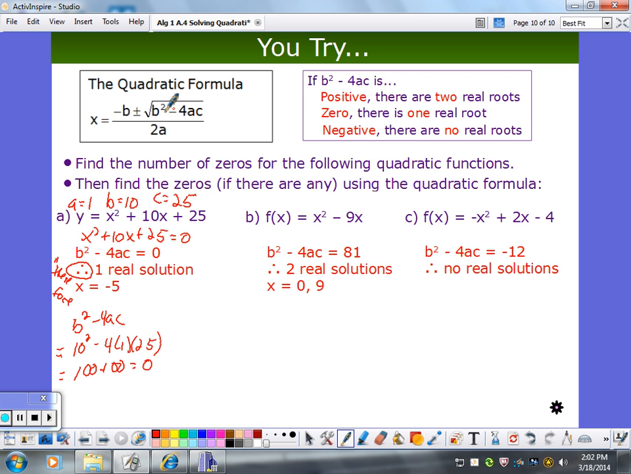That means under here I have a 0. The square root of 0 is 0. Plus or minus 0 doesn't mean anything. What's going to be my x? It's just going to be negative b over 2a. So negative b is negative 10 over 2 times 1, which is negative 5. There's your solution. So it's two parts. You find this part first. Figure out if you have 1, 2, or no solutions. If it's no